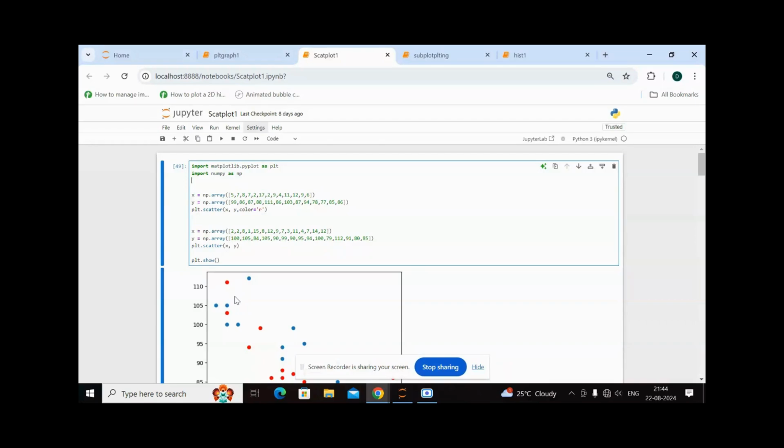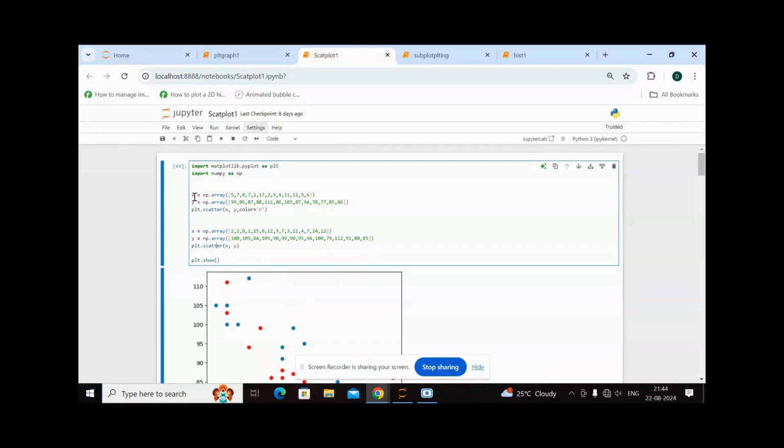The difference is that bar graph and line graph represent the trading differences between the x-axis and y-axis, whereas scatter represents the relationship between two axes, x-axis and y-axis. It gives a relationship between the values.